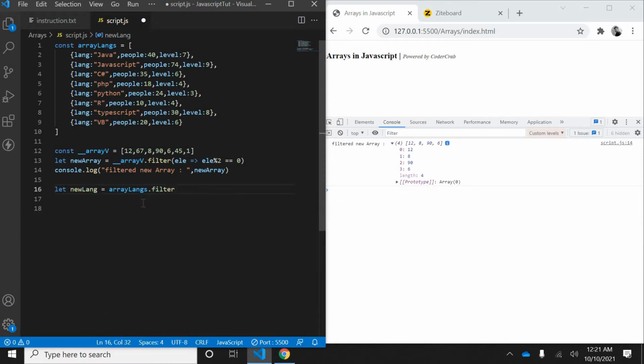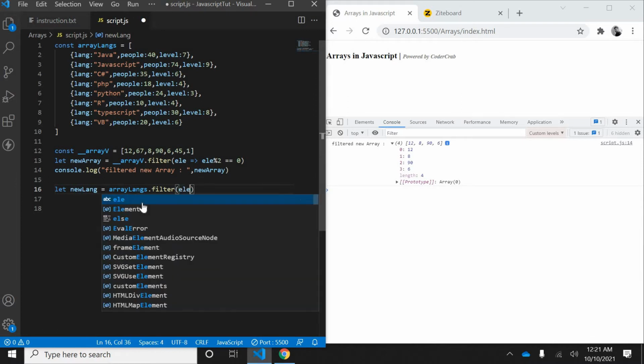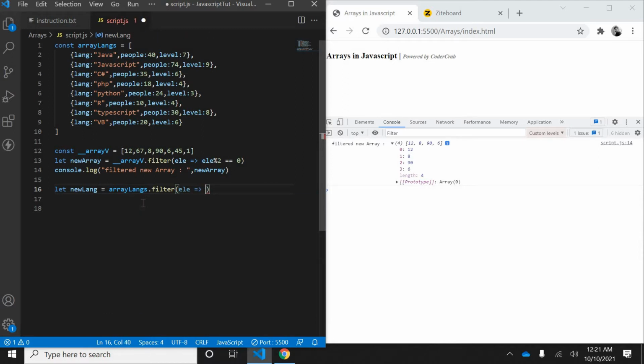Inside, again I'll take an element, you can take any variable. I can also do this like this. If you are confused with the arrow function style, I have another video on arrow functions. You can go and check there. How we write this is just a syntactical difference, otherwise it's quite the same. It is doing the same thing.